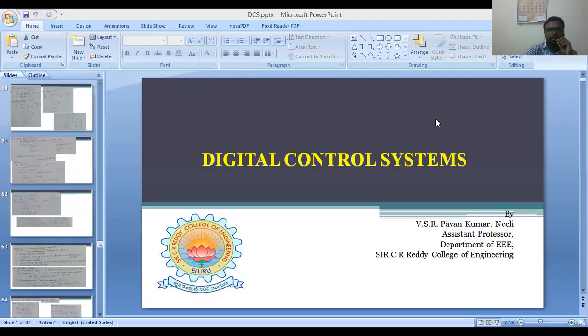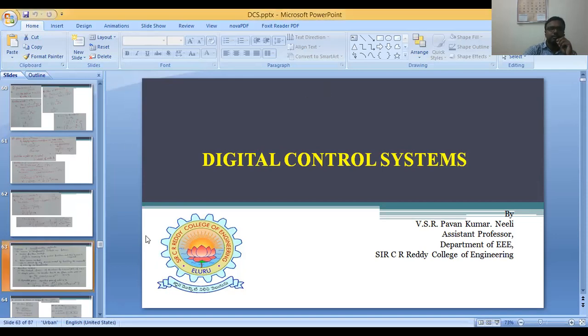Okay. Good afternoon, everyone. We are in the middle of second unit, that is Z transformations. So far, we have covered the Z transformations for different fundamental equations, and after that, we have already completed the Z transformation methods also. Two different transformation methods we have: partial fraction method and residue method. In the previous class, we have seen the different problems using Z transformation method, that is the partial fraction method, as well as residue method.